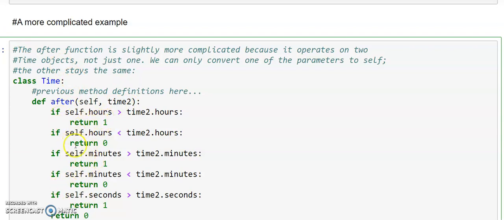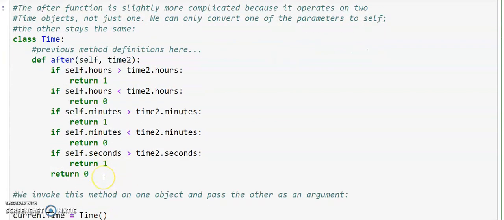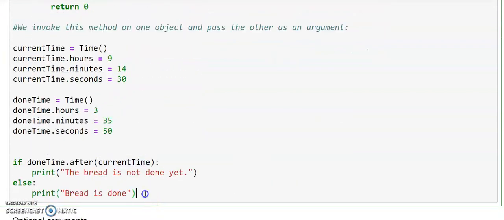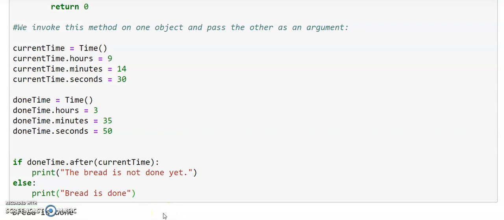Since we have taken time as an object, we are comparing each of its attributes, comparing hours. Only if the hours is already greater, we'll make a decision and come out of that. If the hours was less, then we check for the minutes. If the minutes were also less, then we check with the seconds. Based on that, we are doing these computations. You can check it based on the values we have given.